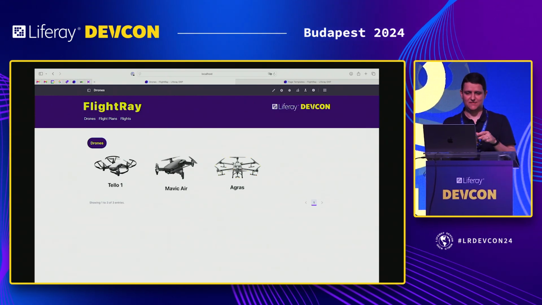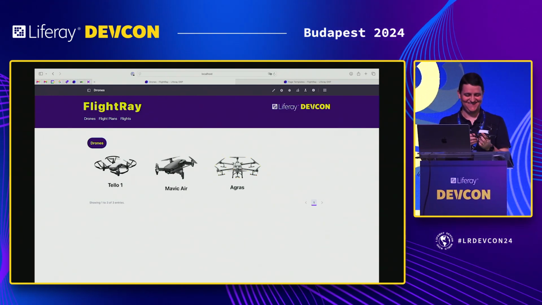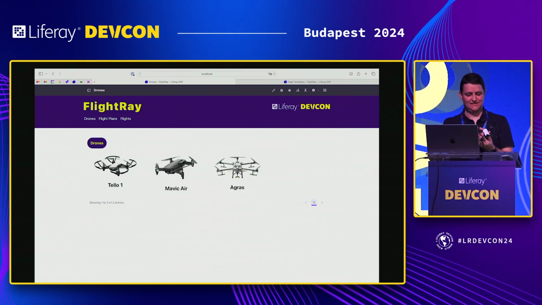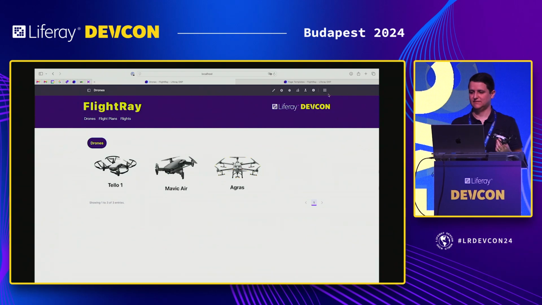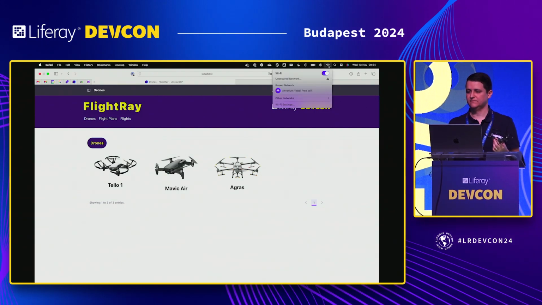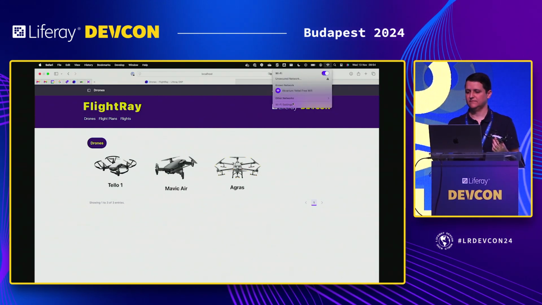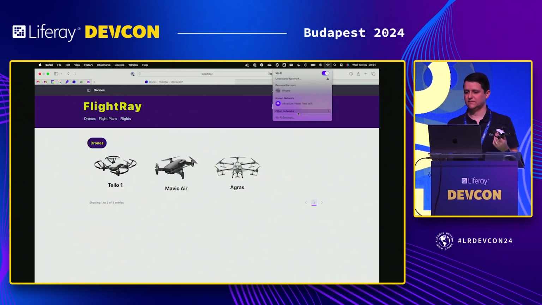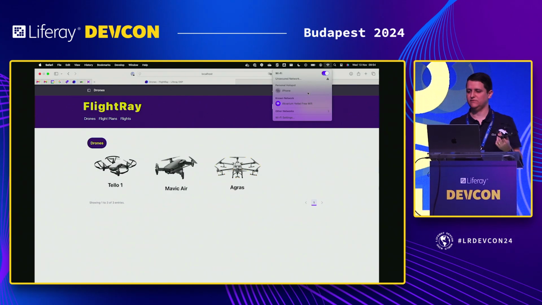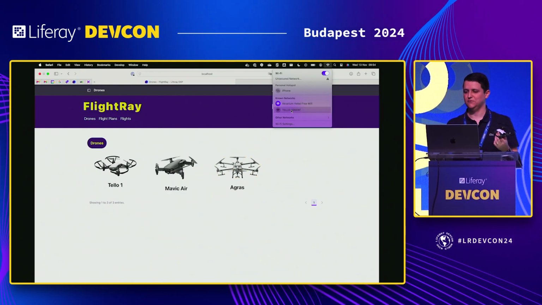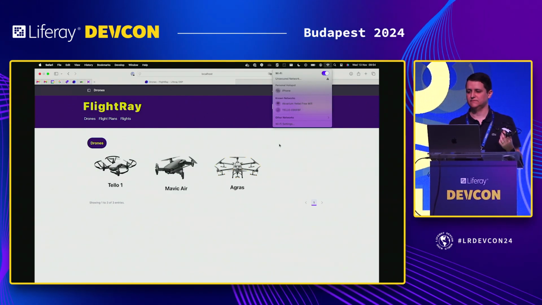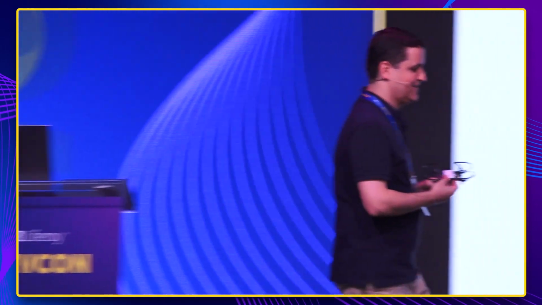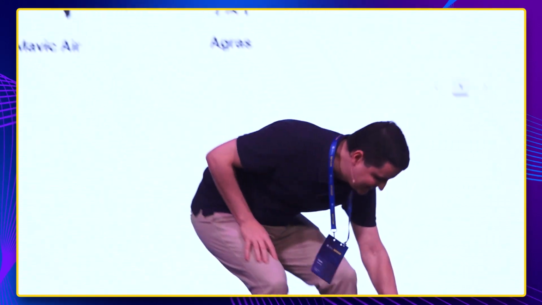So let's try. I will turn on the drone. Where is the Wi-Fi? Okay, Tello. Okay, carefully. I'll put it here.